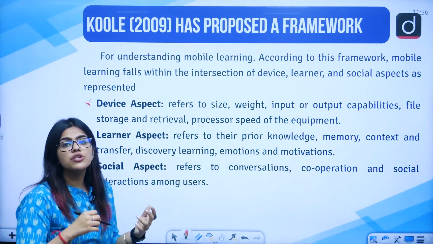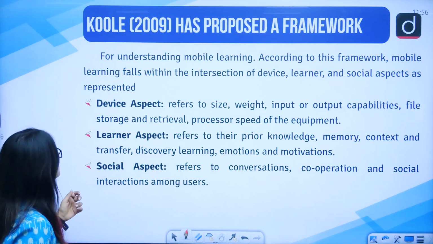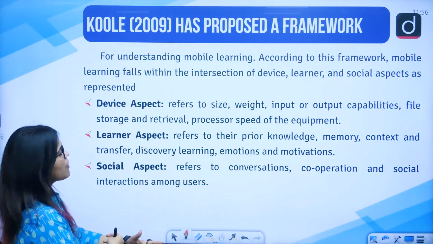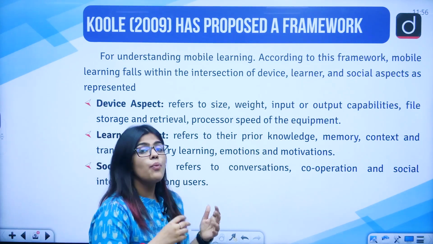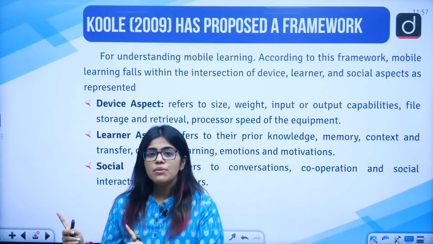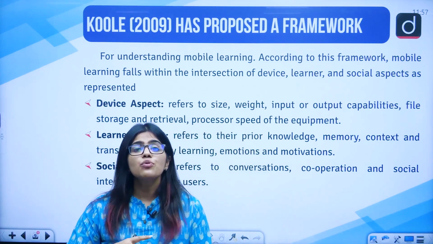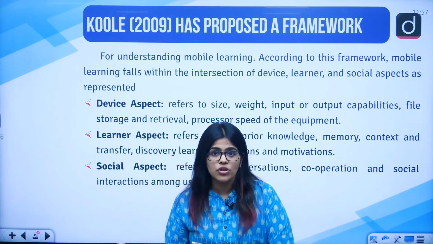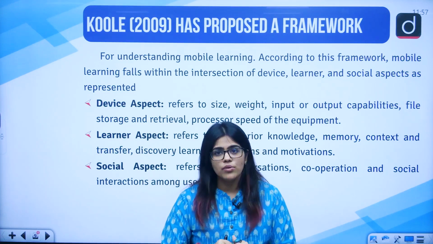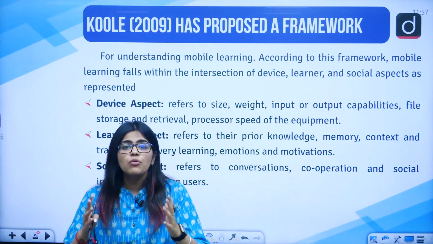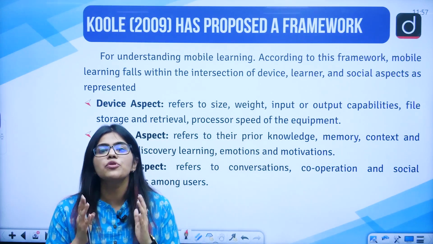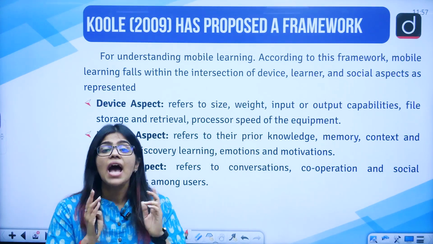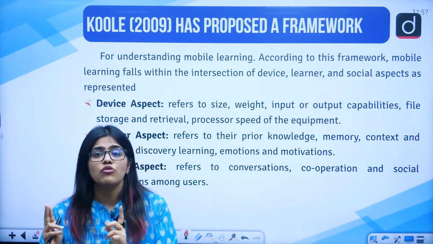There is potential research being done on it, and this person, Cool, in 2009 talked about mobile learning, and he said that whenever you are teaching a child using mobile learning, first of all, you need to be aware: do all the students that are present there have the same technology? Is everyone aware about the technology? Because if you start using mobile as a method or a medium to teach, then you need to be aware of the technology and make the students aware about the technology as well.